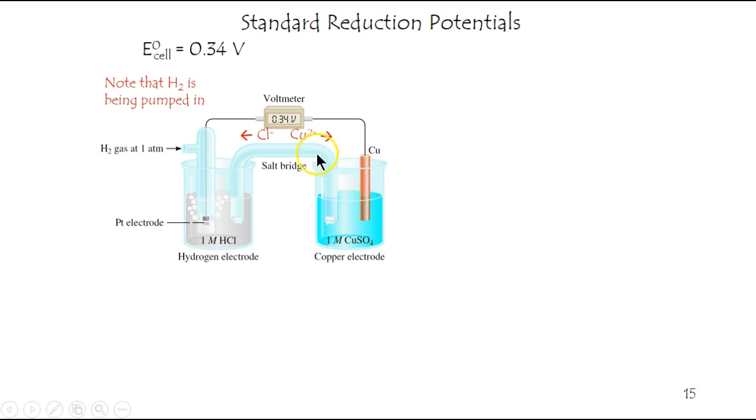Since this is generating pure copper from the copper sulfate, we need to pump in some cations here in the form of Cu2+ across this salt bridge. Since this is generating H2 from H+, leaving chloride ions in here, we have to just pump in some